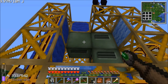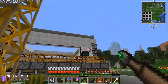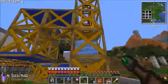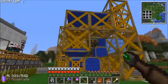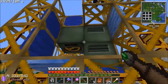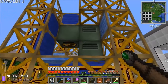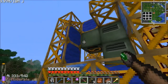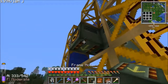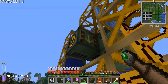Yep. And we want the arrow to be facing away from us in that way. So if we're looking at that from this side, arrow pointing that way. And yeah, I'm working off a picture of the completed 12 motors all in a square area, so it's a little bit tricky. Now next we want our arrow facing this way towards us, like so,